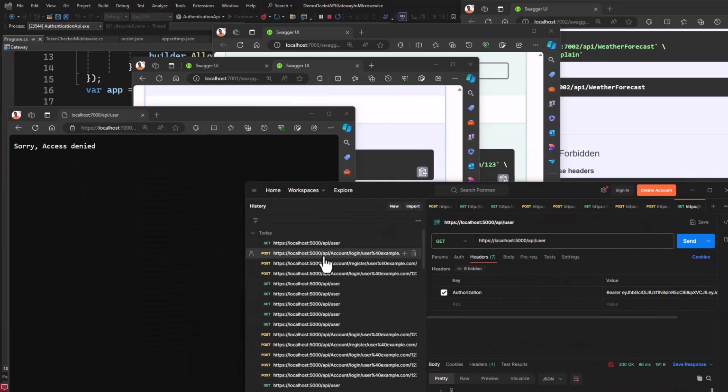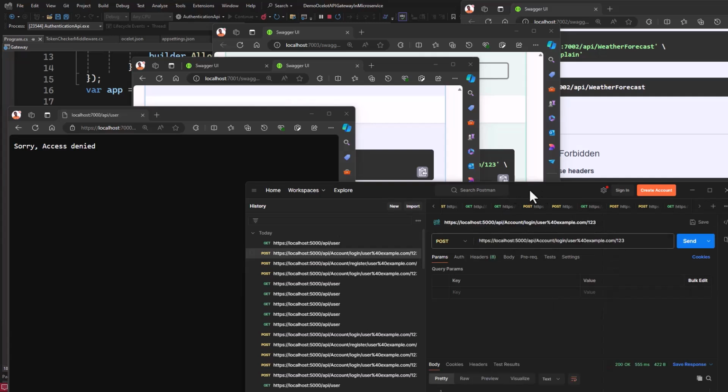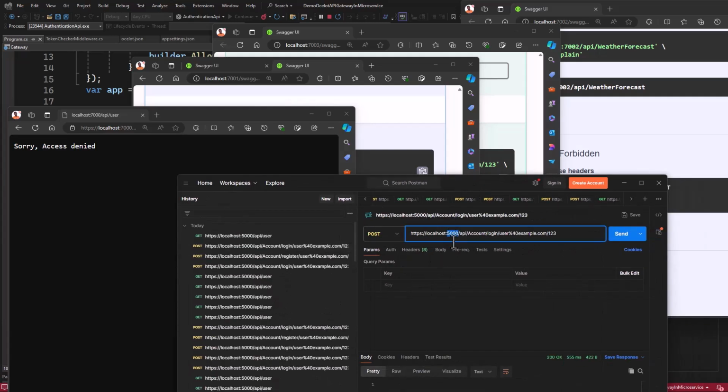We have this, and the port here is 7000. It's going to api/account/login, and we have user@example.com with the password. It is a POST. So if I click on send, let's see what's going to happen.